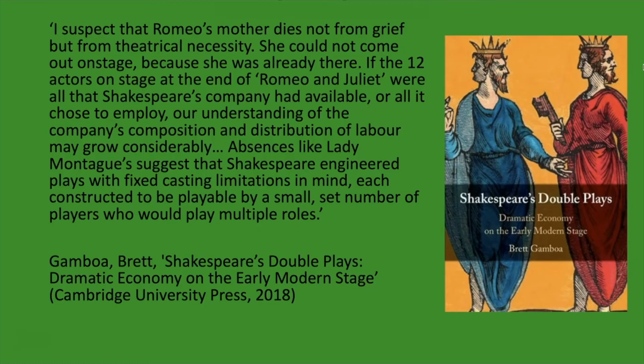If the 12 actors on stage at the end of Romeo and Juliet were all that Shakespeare's company had available, or all it chose to employ, our understanding of the company's composition and distribution of labour may grow considerably. Absences like Lady Montague's suggest that Shakespeare engineered plays with fixed casting limitations in mind, each constructed to be playable by a small set number of players who would play multiple roles." That's from Shakespeare's Double Plays: Dramatic Economy on the Early Modern Stage,